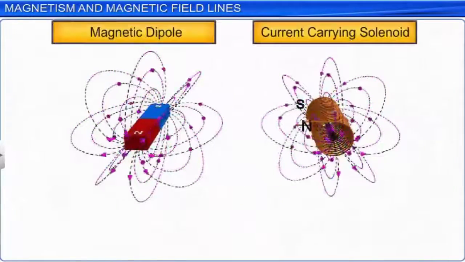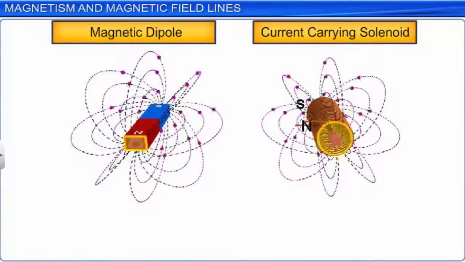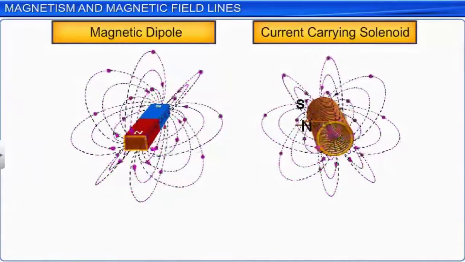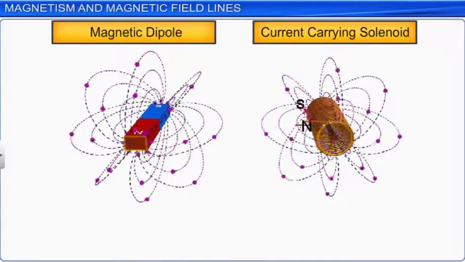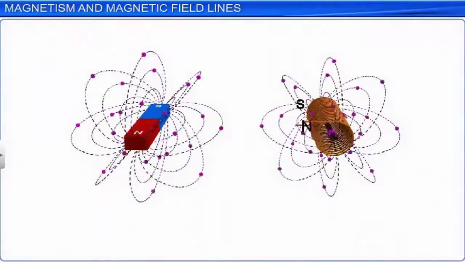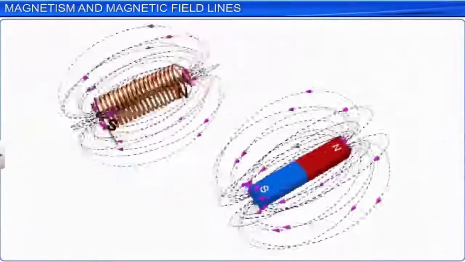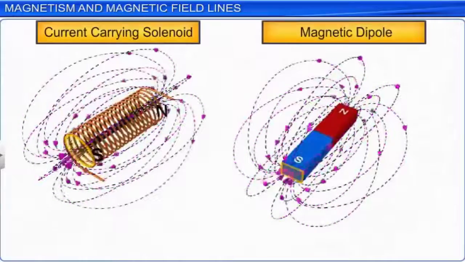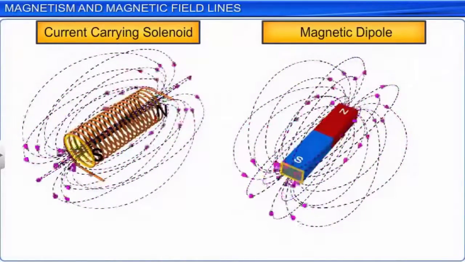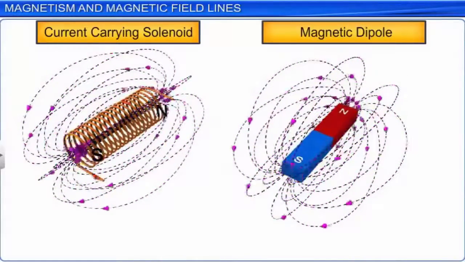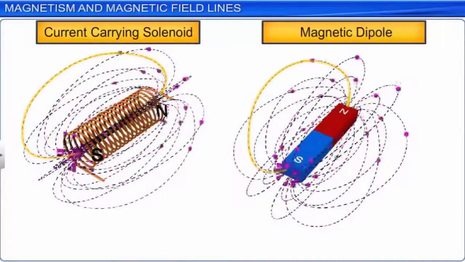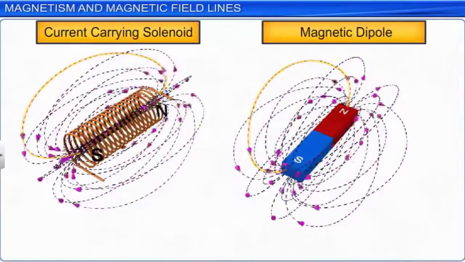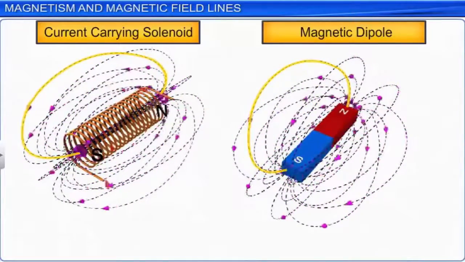The field lines leave one face of the solenoid into its exterior, and hence, this face of the solenoid is like the north pole of the bar magnet. The field lines enter the solenoid at the other face, and hence, this face is like the south pole of the bar magnet. Thus, the magnetic field lines of a solenoid are continuous closed loops similar to the field lines in the case